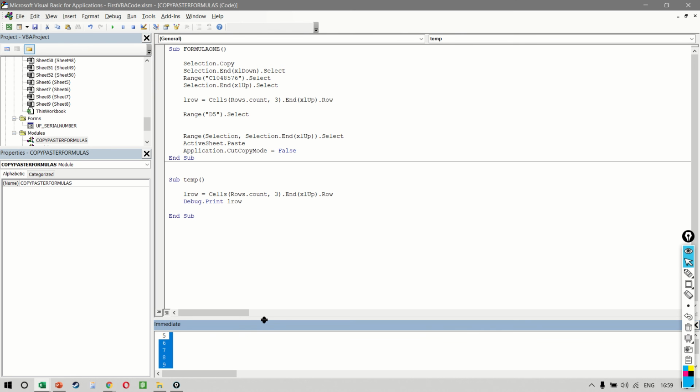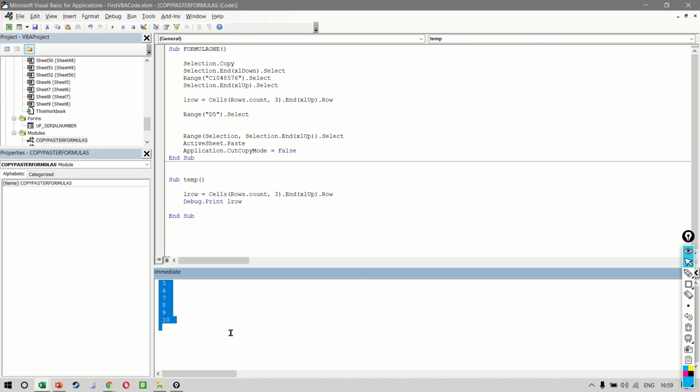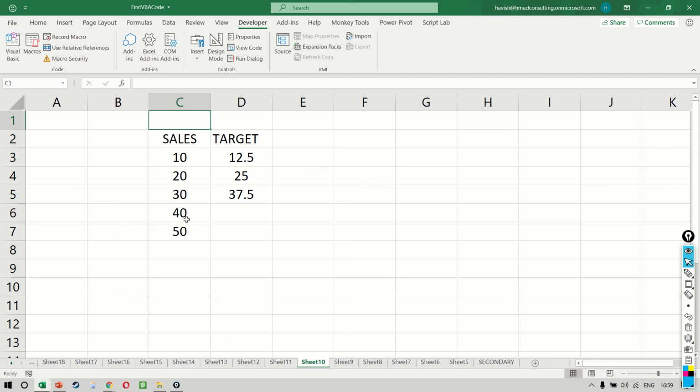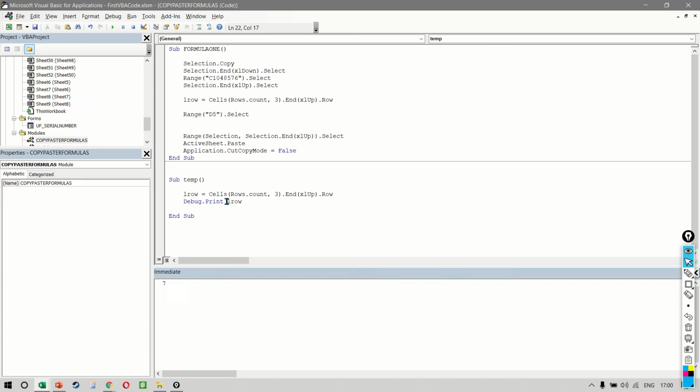Excellent. So in our immediate window, you notice when I run this code, it will show me 7. Now, why is it coming as 7? Because we have 7 as the last row on our C column. The moment we add some more values, if we run this again, you notice it gives us 10. Very smart, right?